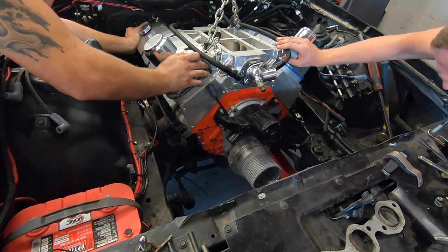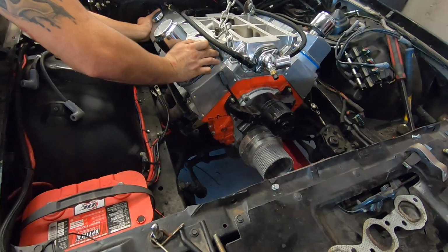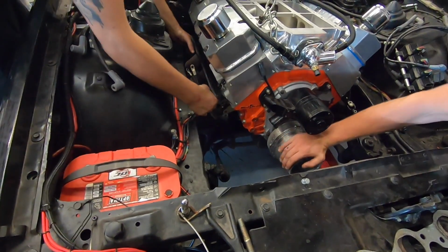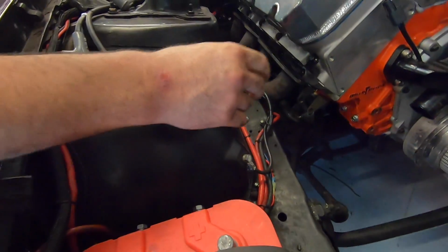Going one hand, so just be careful. Going two. I'm sitting on top of my motor mount. That's what's going on over here. So they were trying to line up the motor mount. Oh, it's pinned to that bolt against the...